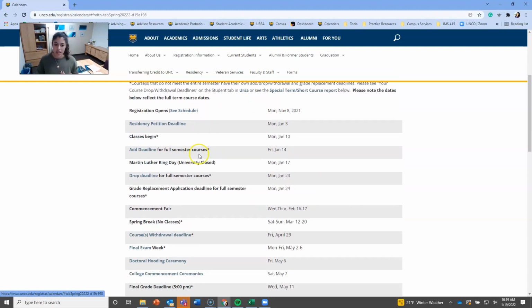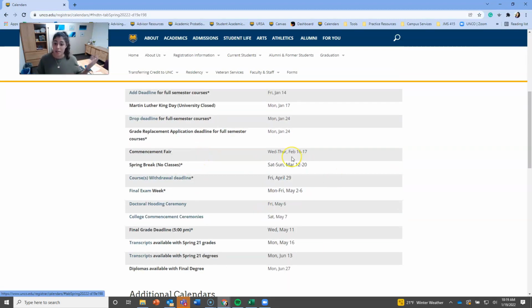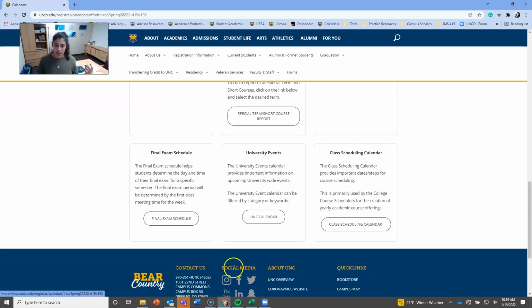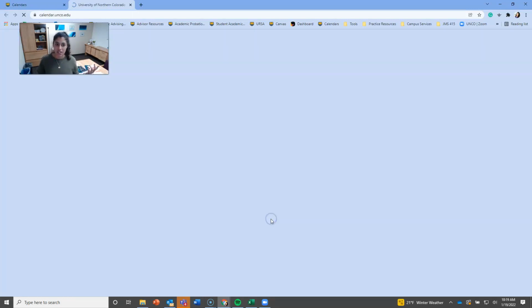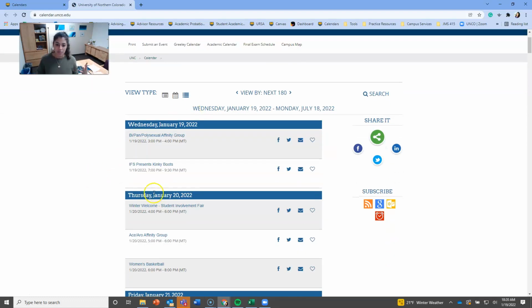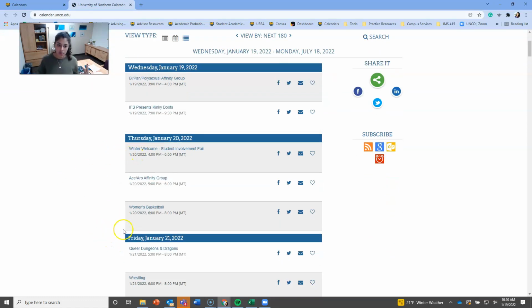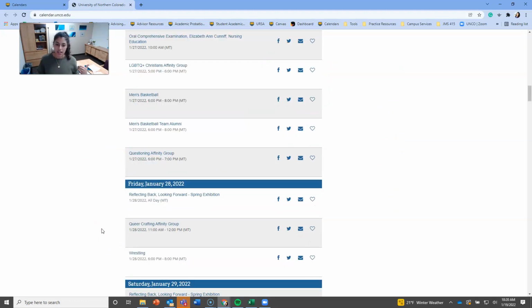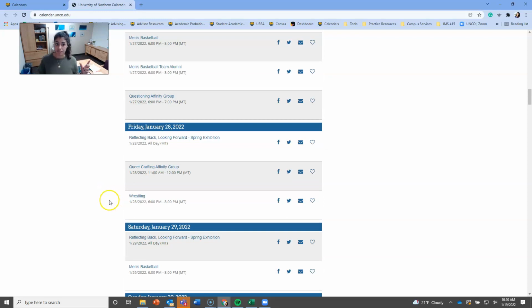So we can look at the spring, and maybe the commencement fair is an opportunity related to your client. Maybe things around finals week. There's also additional calendars that you can check out. University events might be a good one. And so for your clients, explore what are some opportunities that you see over the course of the semester that can help with this timeline. Cool.